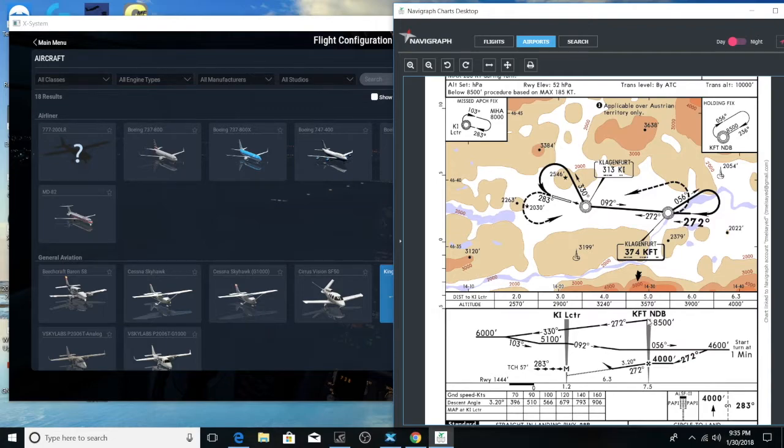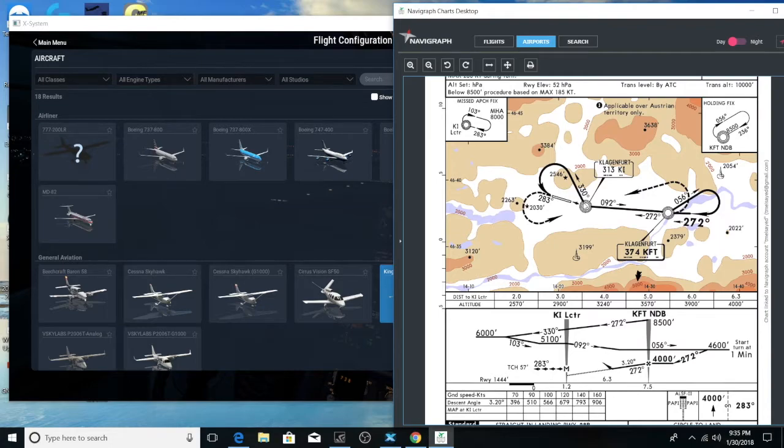And once we're over that NDB, we need to take a QDR, or a magnetic bearing from that NDB, 272 to the second NDB, Kilo India, as you can see here, while we're descending to 6,000 feet. As we start descending between the two NDBs, once we are over Kilo India, frequency 313, we need to